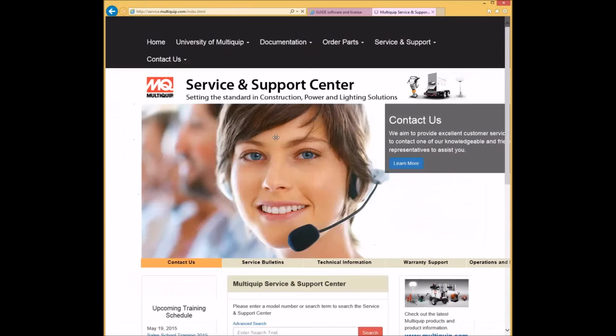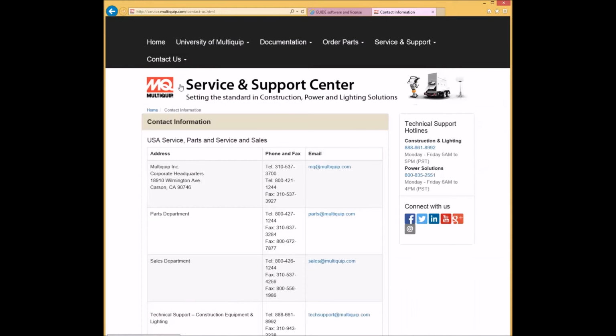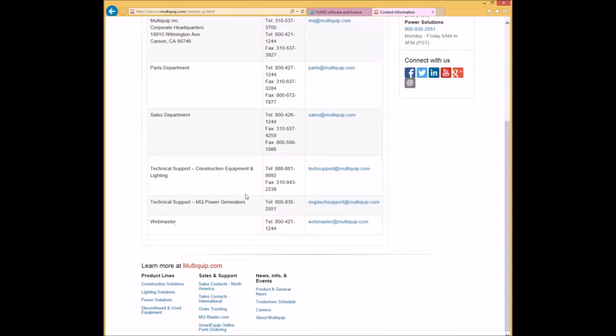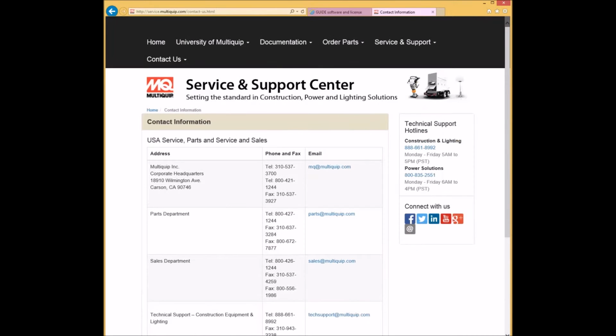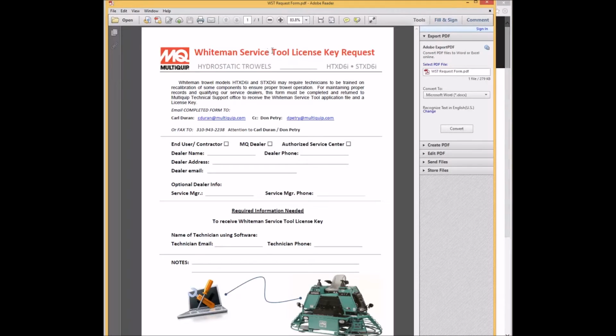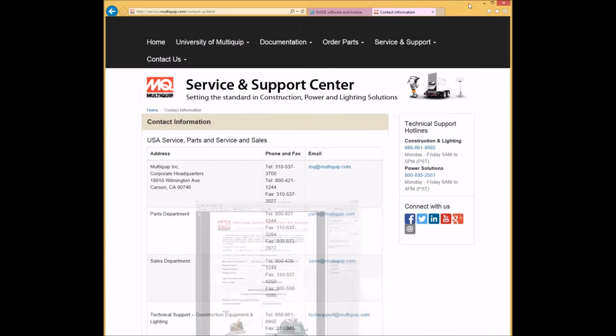service.multiquip.com and you go to contact us, you want to send an email into our technical support at multiquip.com, asking for the Whiteman Service Tool License Key Request Form that looks like this. So once you fill out this form and email it in to our tech support department, they will in turn turn around and email you back a few files, one of them being the